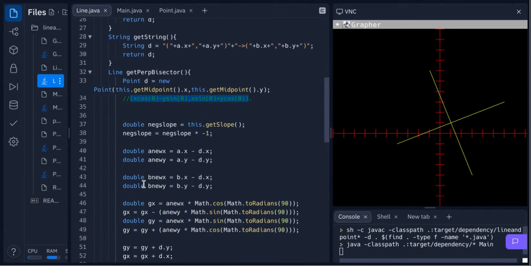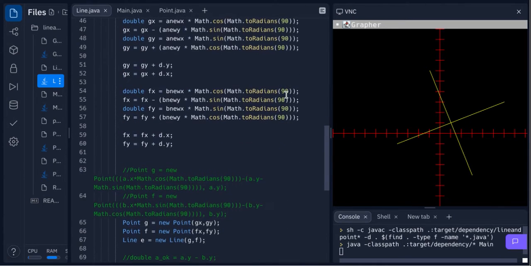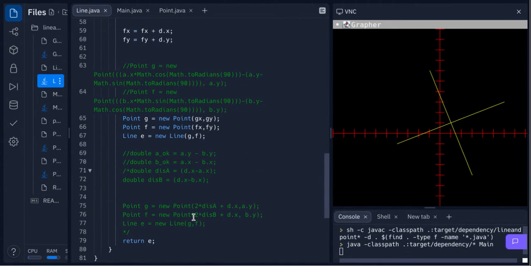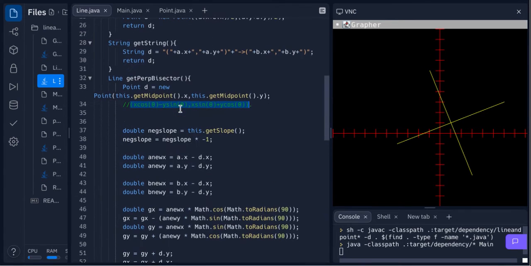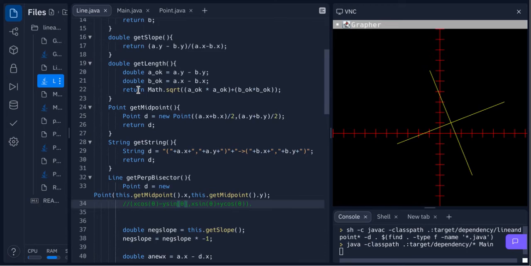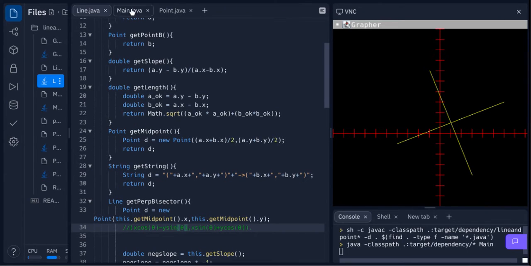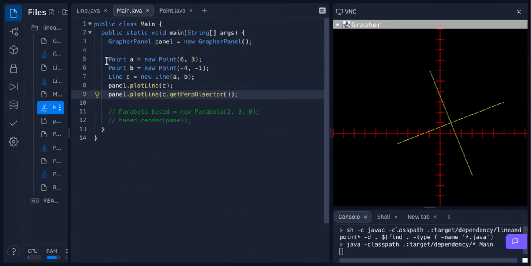So there's that. It's x cosine of theta, where theta is the angle you want to rotate by, minus y sine of theta, and this is x, this is y. I already knew what the y was, well, I actually didn't know, I just calculated it as well. And then the midpoint, I already knew where the midpoint was, because I have a midpoint getter. And that would have been all fine and dandy, that would have been great, but